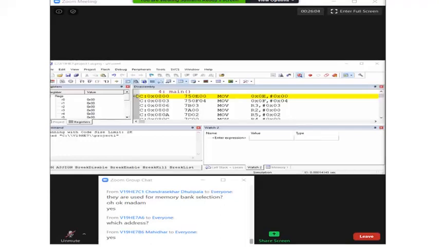So R0 and R1 are not used for passing an argument. R2 to R7 are used for passing an argument. So in this way,